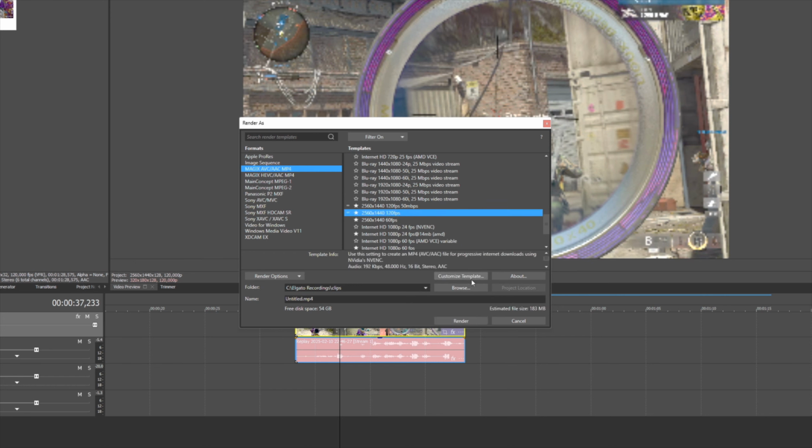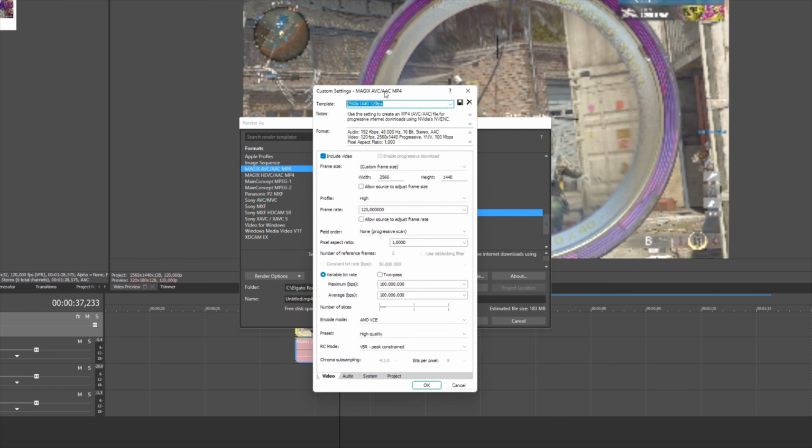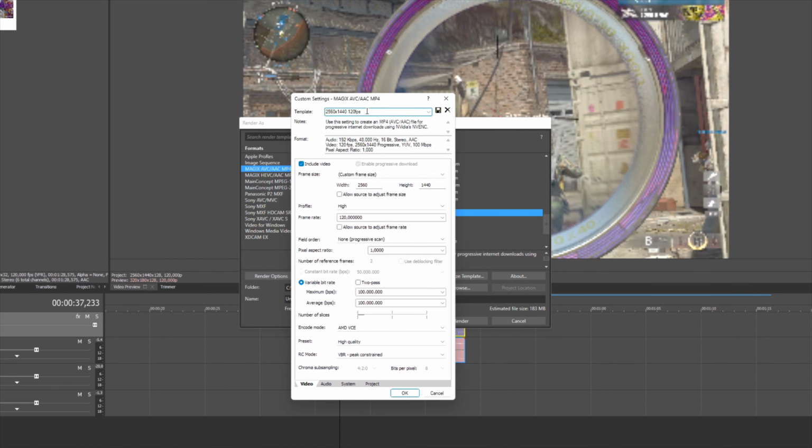So let me show the template. This is for 120 FPS, 1440p, with a frame rate of 120, of course. I have a variable bitrate of 100,000 because